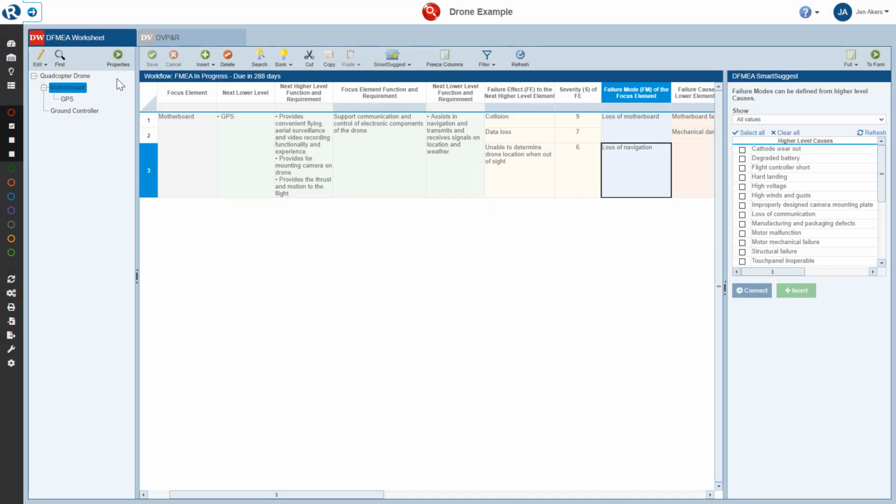Relyence FMEA SmartSuggest helps to ensure that your FMEA data remains synchronized throughout your analysis tree. From the SmartSuggest panel, you can see recommended data suggestions and then choose those that are most appropriate for your analysis. If the SmartSuggest pane is not already displayed on the right, simply click the SmartSuggest button in the toolbar